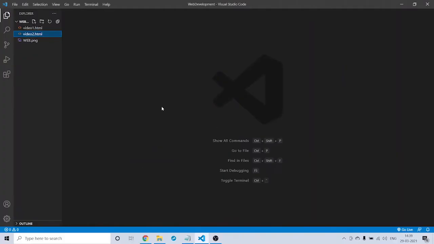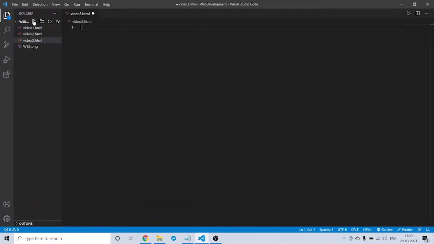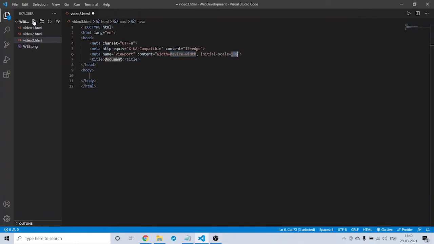So I opened my VS Code here, and I will make a new file which is video 3.html. First we need to access the boilerplate here. I will change the title to links and tables. And now let us talk about hyperlinks. In the comment I will write hyperlinks,